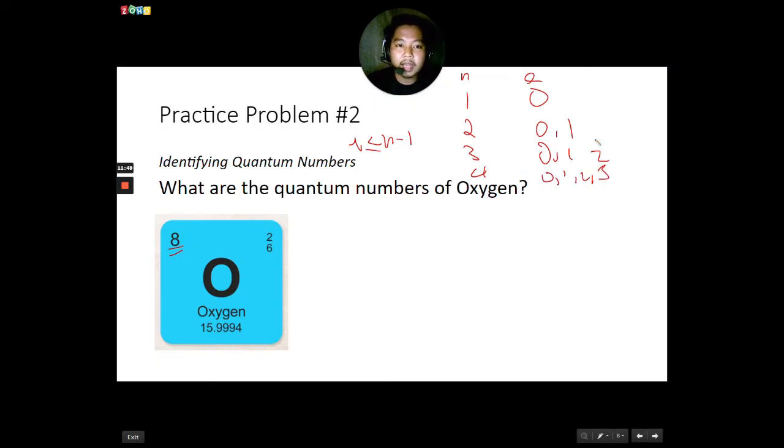Sir, what is this for? What's the connection? It's in the quantum numbers. These values correspond to letters, so I can simply replace them. 0 is S, 1 is P, 2 is D, and 3 is F. So that would be 1s, 2s, 2p, 3s, 3p, 3d, 4s, 4p, 4d, and you can create your Aufbau principle.